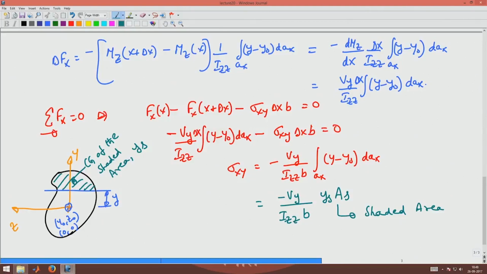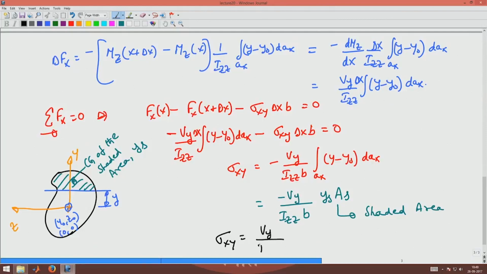This negative sign tells us that the sigma xy is a reaction to the applied shear force. The shear force is arising at that section. In shear, the direction does not matter, whether it shears like this or like this; the criteria remain the same and hence we can draw the negative sign, and in general write sigma xy as